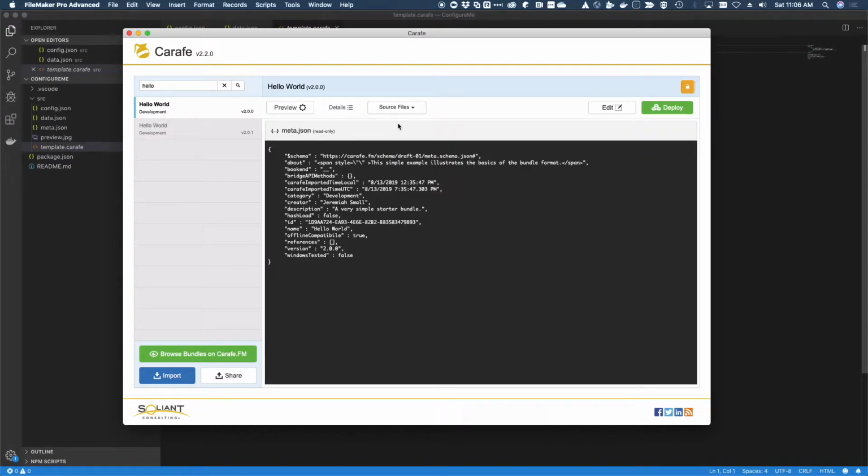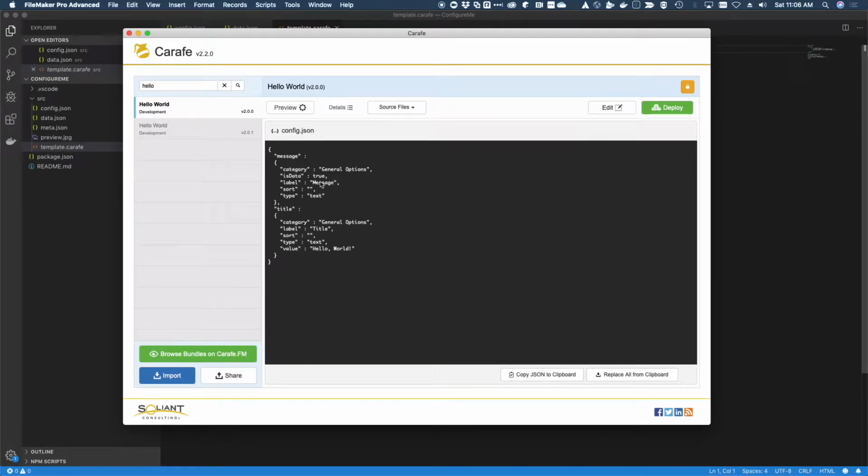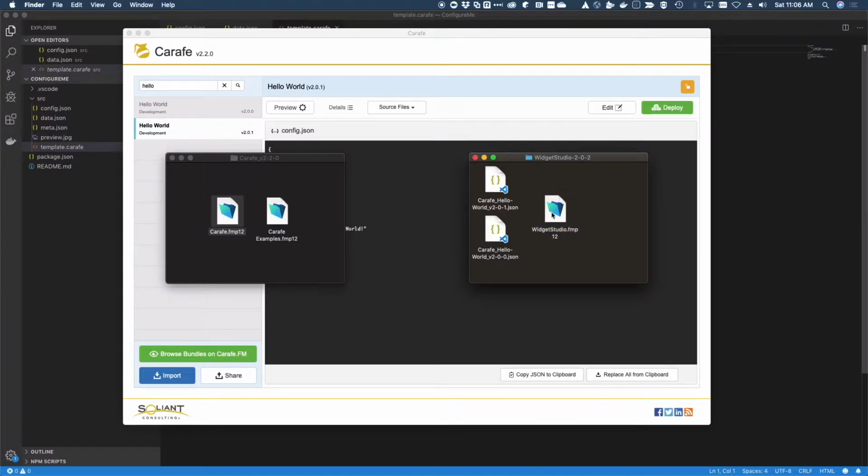So if you remember, under config, we had a number of other properties on this original one. And if we switch to this one, we stripped it down to just the bare bones of what's required to make it valid. So when we flip over to WidgetStudio,